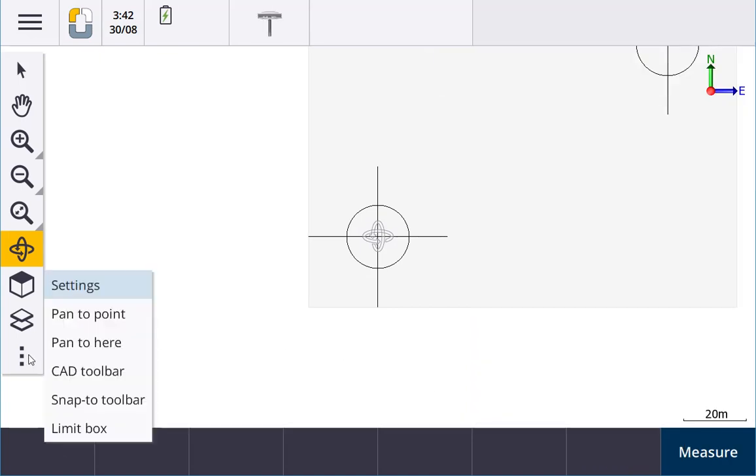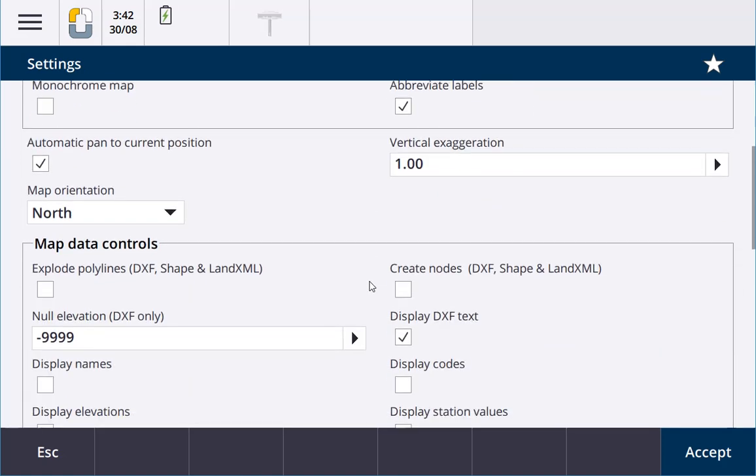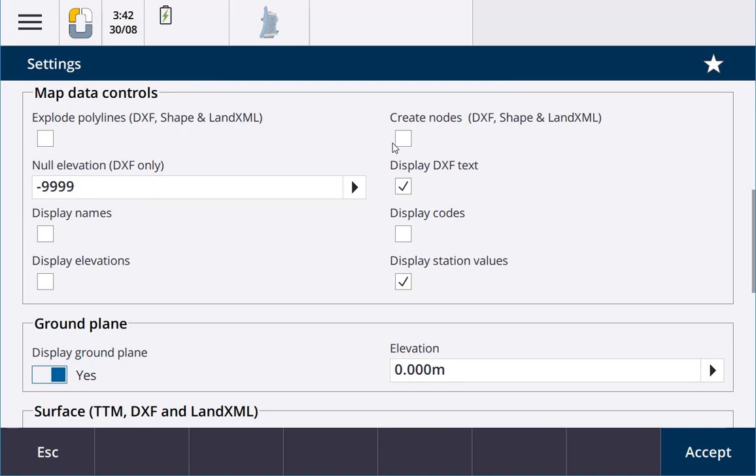The last one is in your settings. So you can display what you want to customize your display. So you can go into settings. You can display whatever you want, color labels, different font, map orientation, create node points, for example. If I click on that,